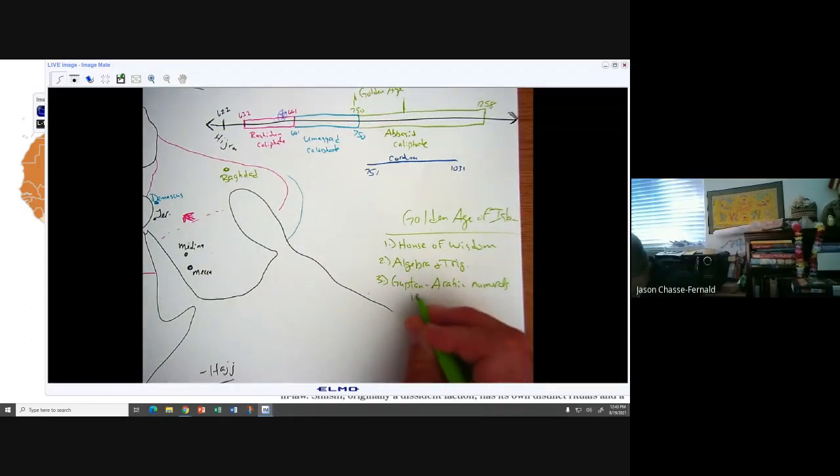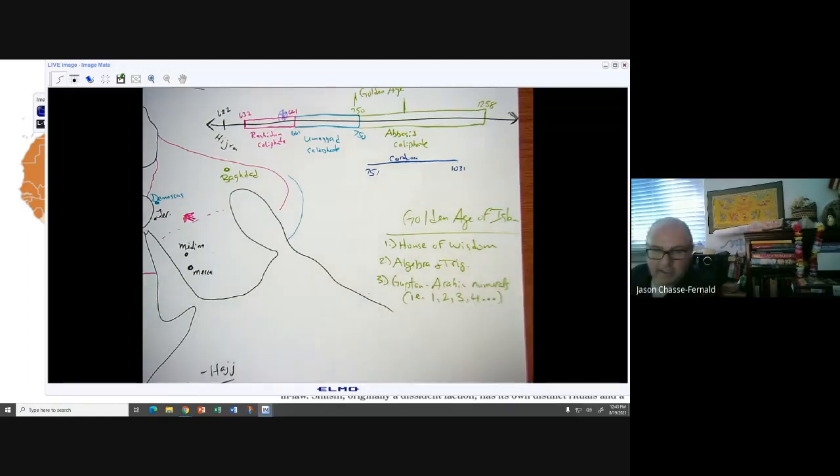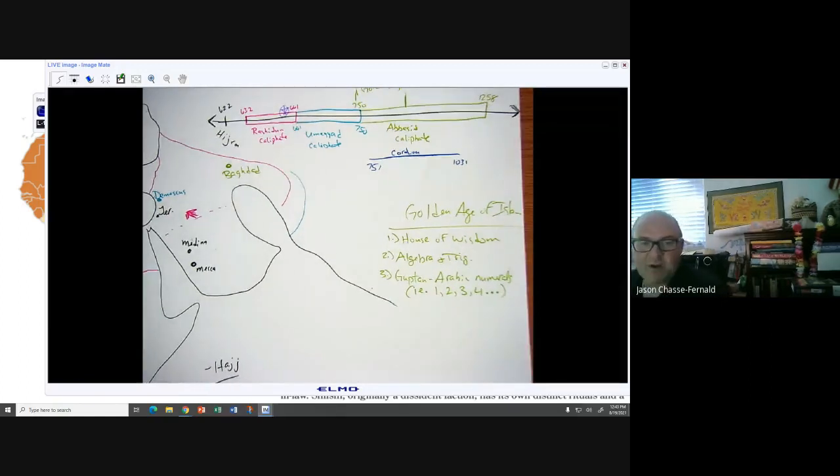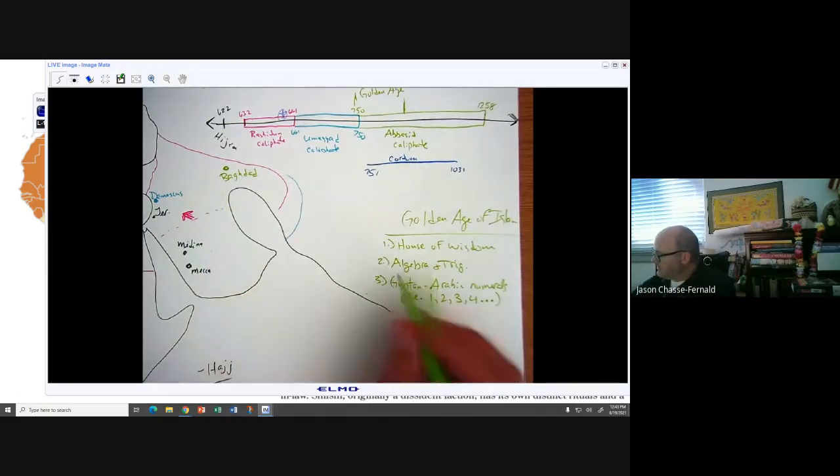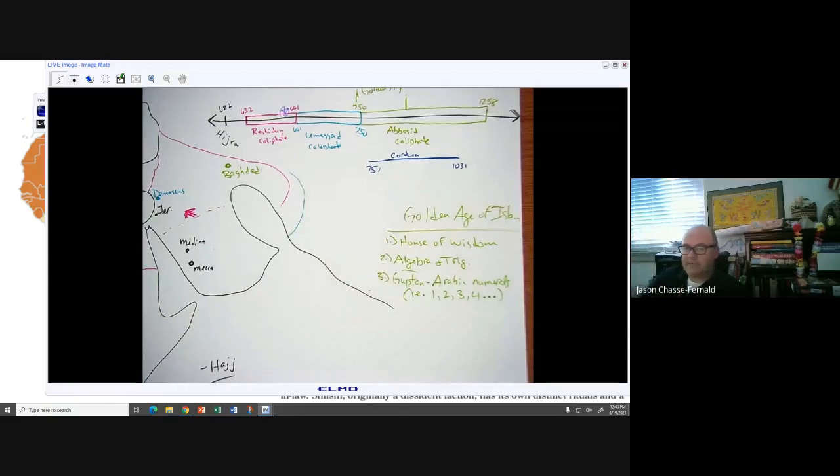Let's just put in i.e. in parentheses. It looks like this, and then goes on. You're probably familiar with this numbering system. This is a numbering system that will be adopted at the House of Wisdom in Baghdad, and of course will result in some pretty fast evolution of mathematics.